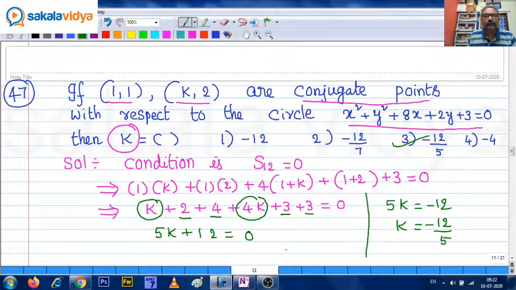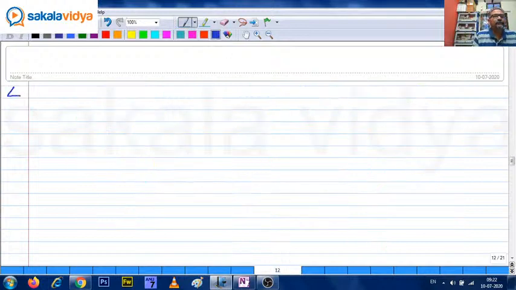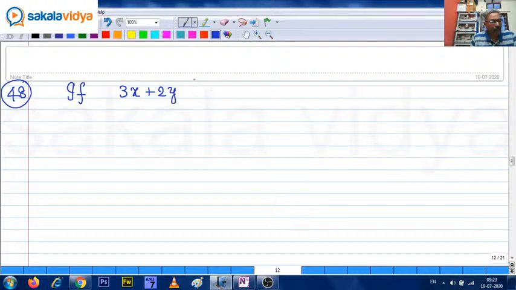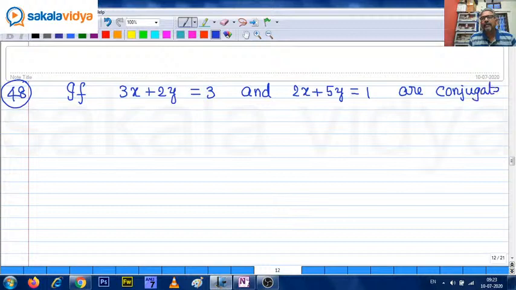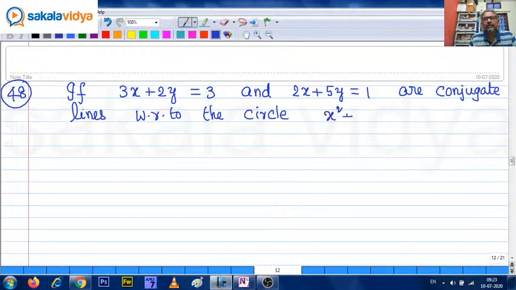Okay, next slide now. Question 48. If 3x plus 2y equals 3 and 2x plus 5y equals 1 are conjugate lines with respect to the circle x square plus y square equals r square,